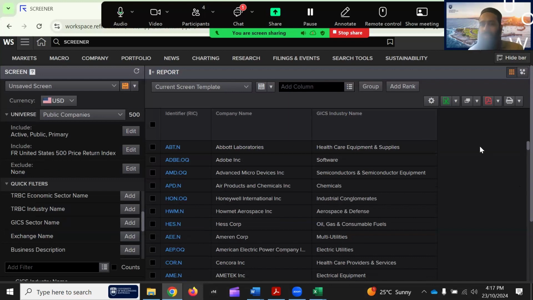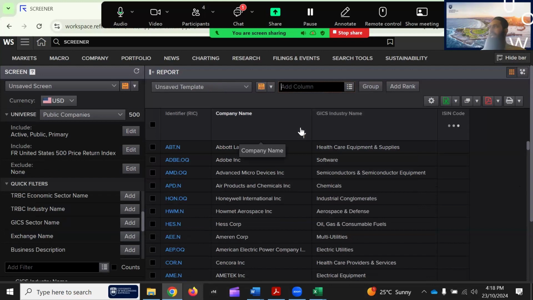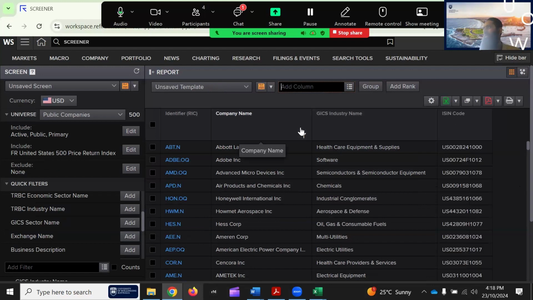So that's done. Then another thing that we want to add is some static information. One of the static information that I normally add for all my data sets is the unique identifiers. For example, ISIN code. If you have to merge this data set from Refinitiv with the data set from another database, you need a common identifier. And sometimes common identifiers are not available. Then you have to find a way to link from one identifier to another, and then you can match it together. So again, you have to encounter those issues and try to find the solution.